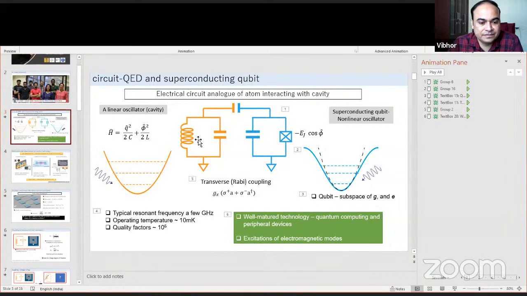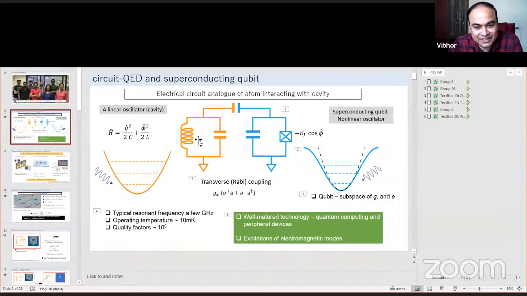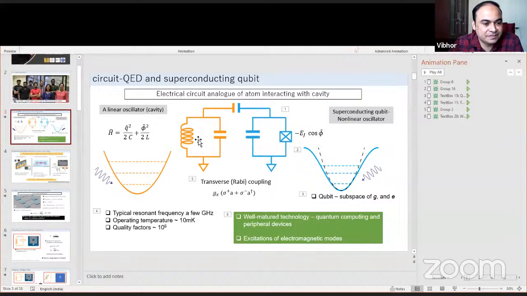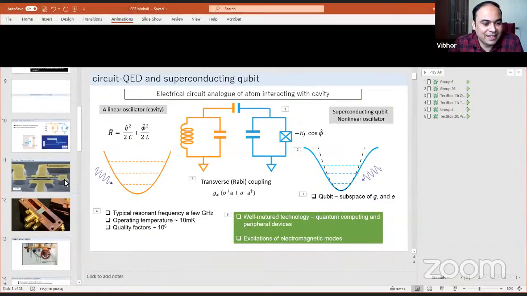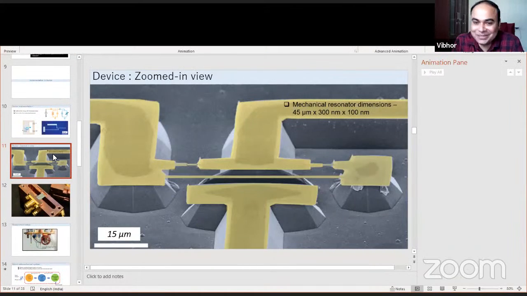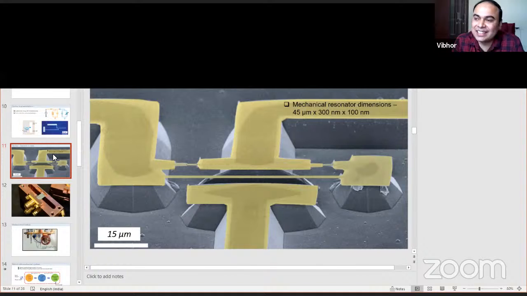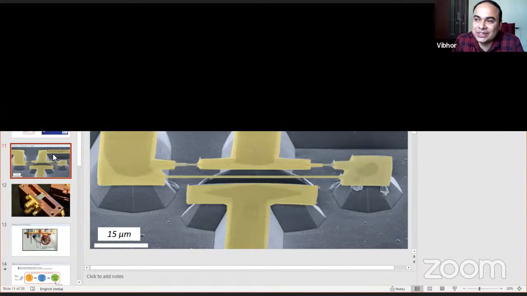Okay, I have a few questions, Vibhor. Yeah, please go ahead. So is your qubit also partially suspended? Do you think that's the source of the broader linewidth? It's a good question. The qubit is partly suspended, yes, but I would expect that to actually help in terms of linewidth from the TLS systems.